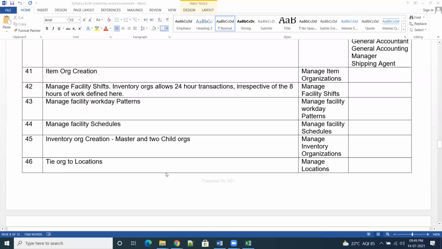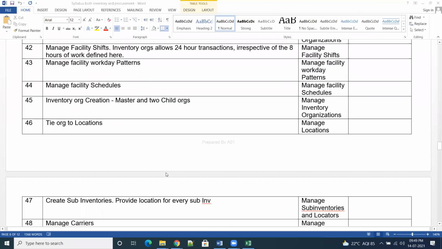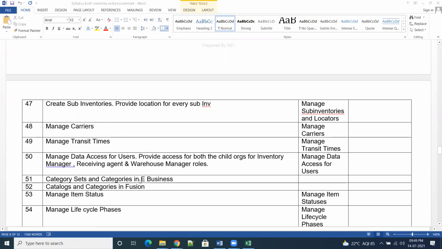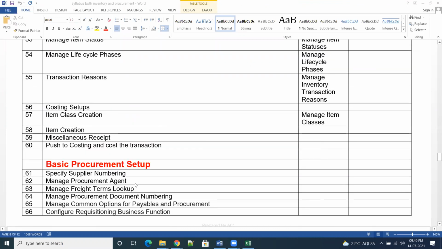Okay. So I think today we'll wind up, because if I start something today, another transaction will take more time. So I'm trying to do one more transaction tomorrow, either miscellaneous issue or some other things. Then we'll switch into the procurement side. Okay. So any questions today?